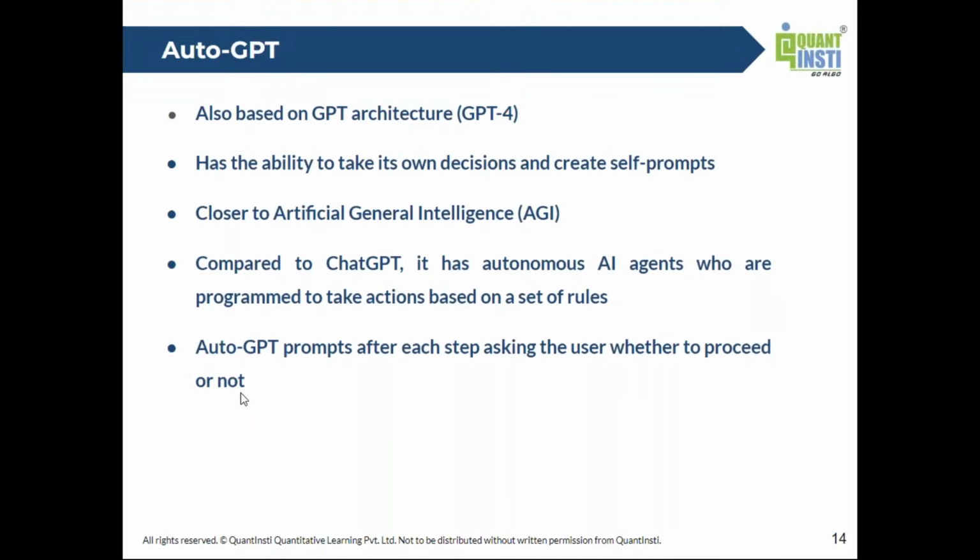So it's not only going to rely on giving you some answer and stopping there. It can also, in fact, create some of its own prompts, and it will check with you whether it should go ahead with that. And I would say the key difference between why it's able to do that compared to, say, a ChatGPT is because it has what are called AI agents. Now, each of these autonomous AI agents is able to take ownership of a certain part of the action that needs to be taken. So this is, I would say, like the equivalent of,